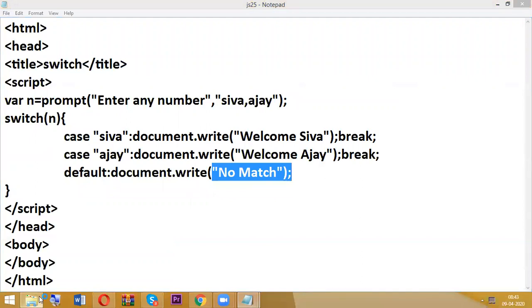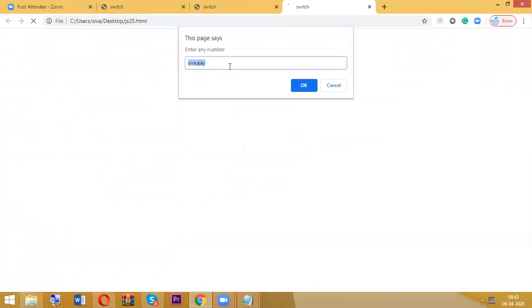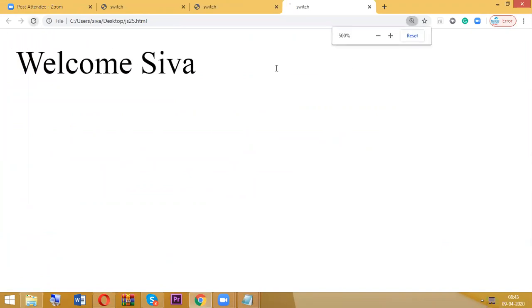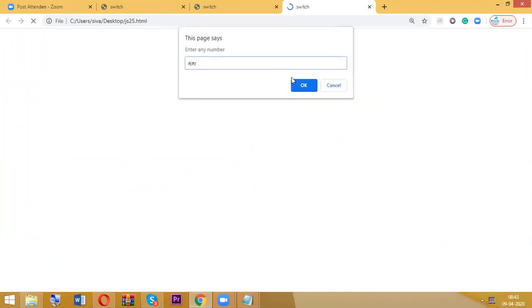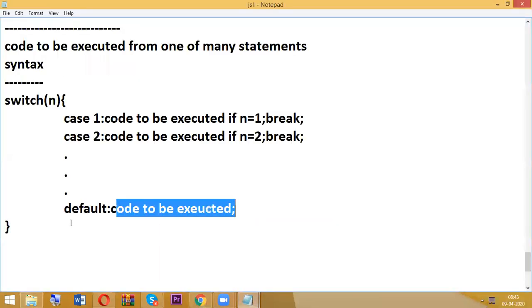So go and check it. So JS25. If user enters Shiva, welcome Shiva. If user enters Ajay, welcome Ajay. If user enters other than that, it is no match. So this is the way we are going to work with a switch statement.